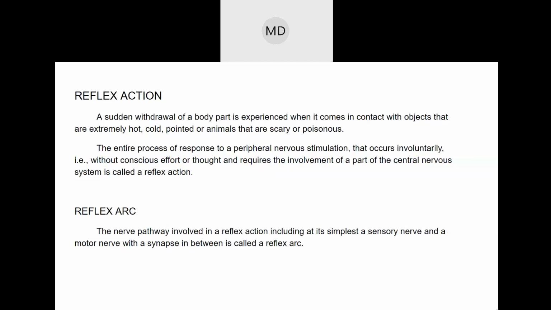So that is a thing that you don't think about from your brain. You don't have to think. That is, it happens automatically. So that type of action that happens is a reflex action. Okay, that is directly the response. It is entirely done by the nervous system. That is, the nerves are responsible for that action, and it is involuntary. Involuntary means without any effort, without any consciousness. You are not aware that you will be doing that particular thing, and you are doing that thing. Okay, that is known as a reflex action.